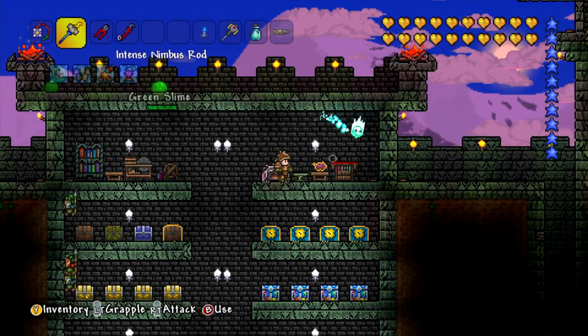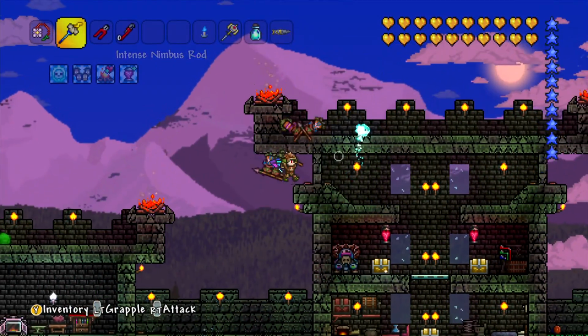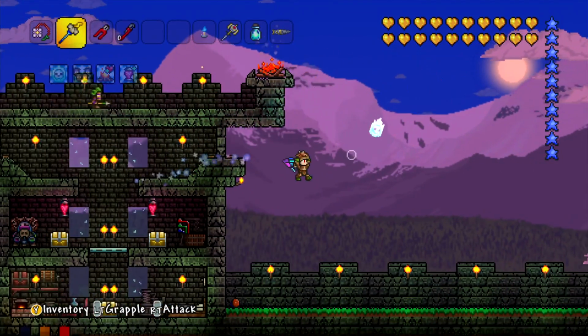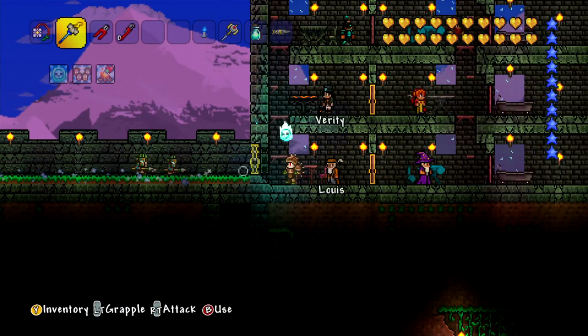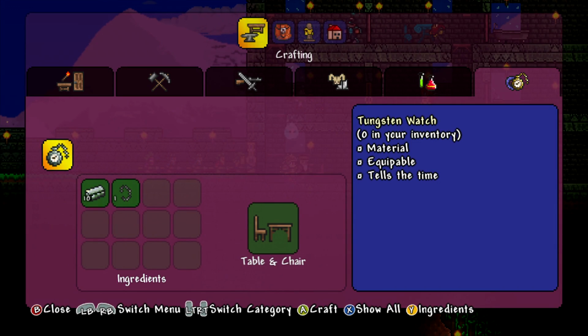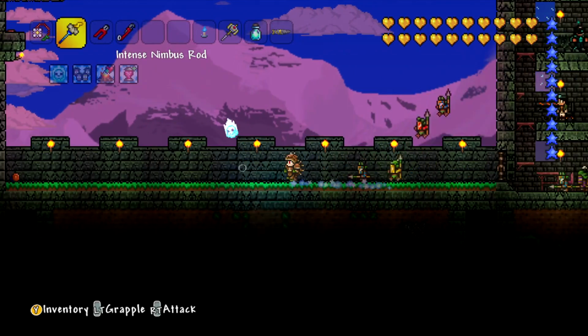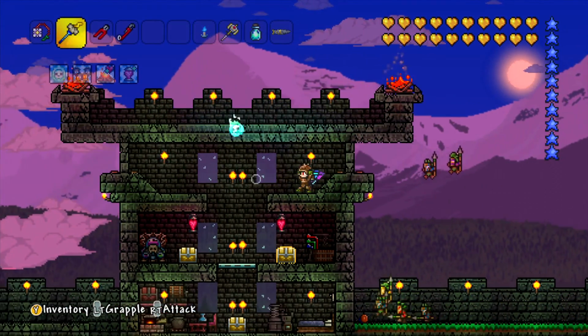Right, let's see. Craft it. Oh, I need a table. Okay. Luckily, Bertrand, or whatever his face is over here, has a table waiting for us. Lewis, that's your name. Crafting up a tungsten watch. Okay, we'll craft that. And then I think we need a wire. And then we can make this...